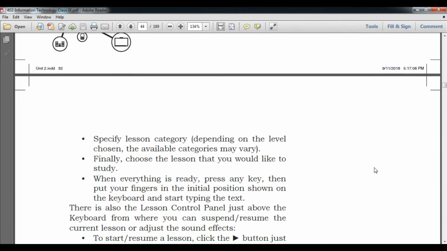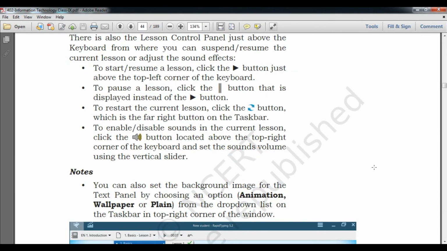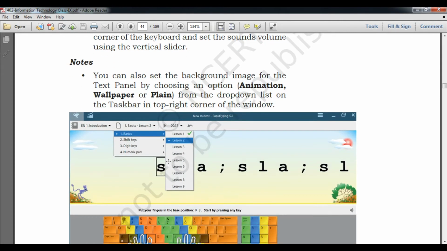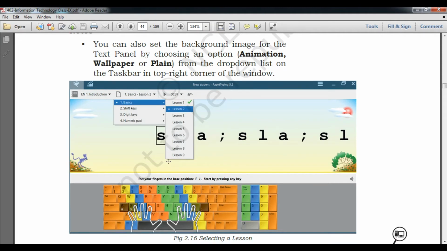Now to start you have to press this play button, or to pause you click this button again. This also enables you to listen to the lesson without looking, so you can listen and type. You can see the animation.